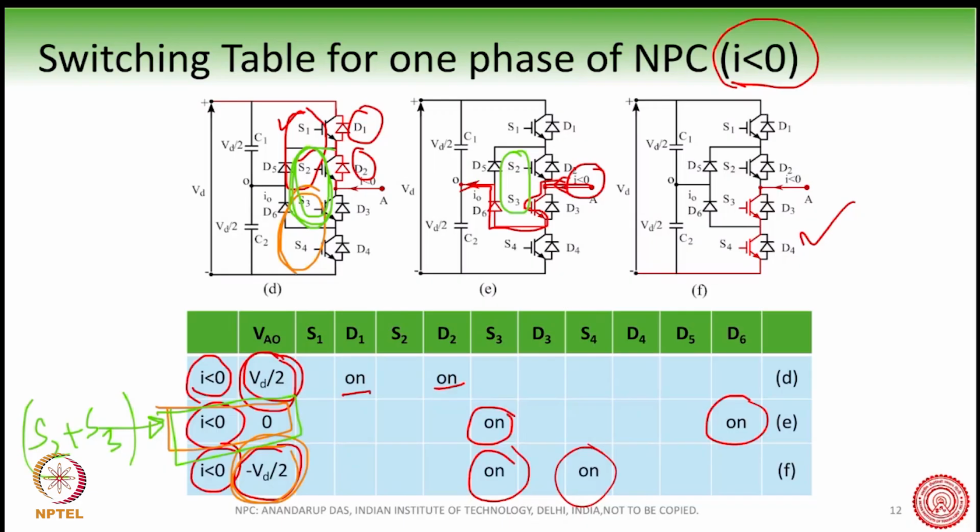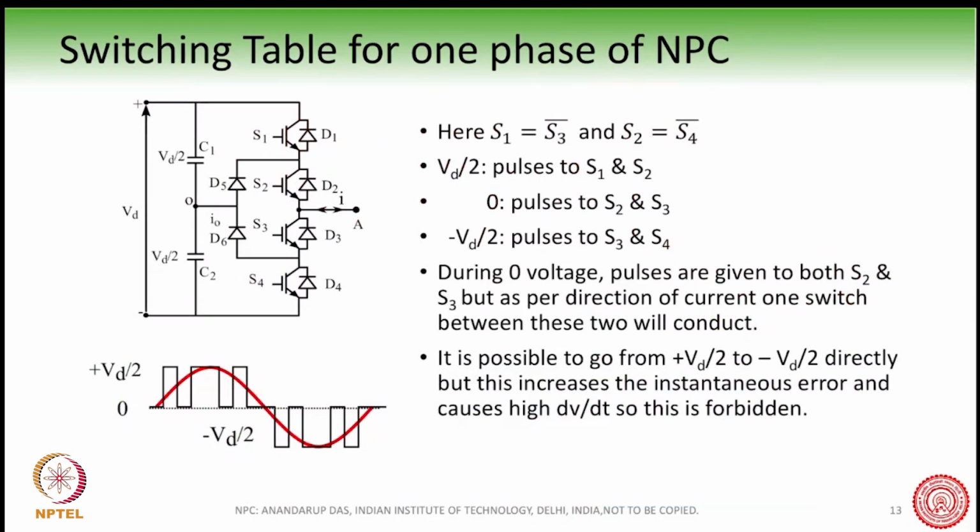Okay, so with this logic, we can actually come to the point where we can say that for Vd by 2, we give pulses to S1 and S2. For 0, give gate pulses to S2 and S3. And for minus Vd by 2, we give gate pulses to S3 and S4. Okay. So if we follow this way, we can actually get this kind of a